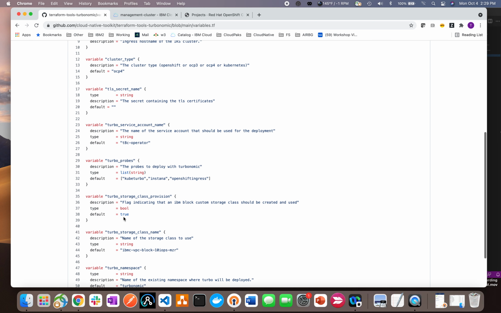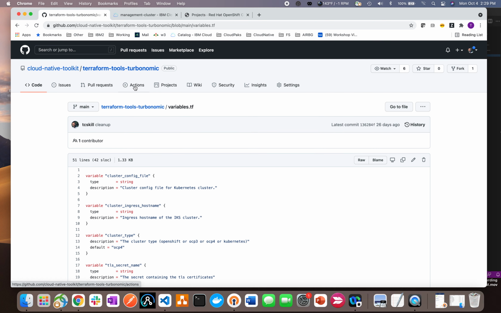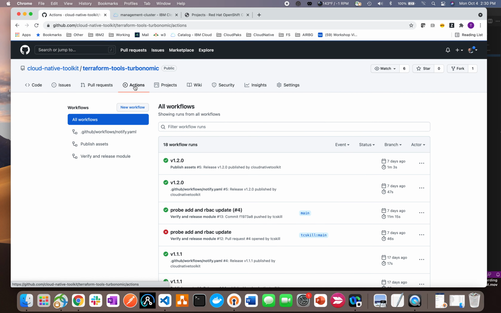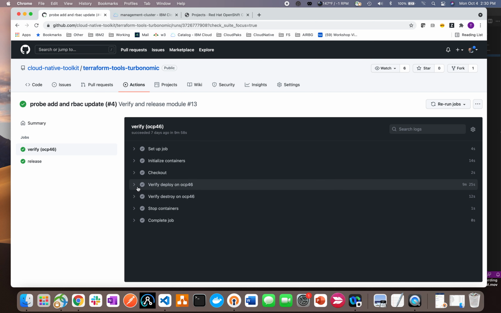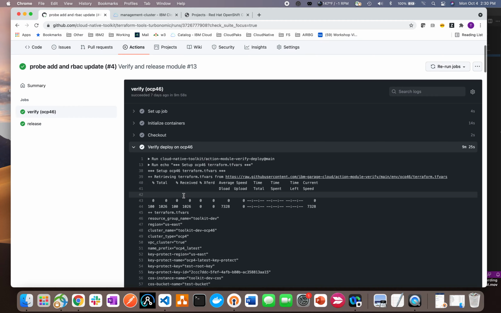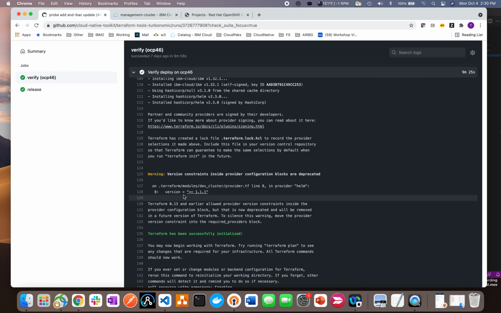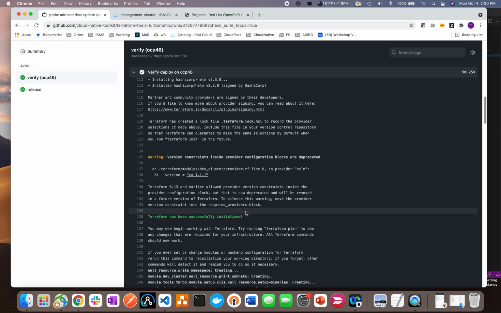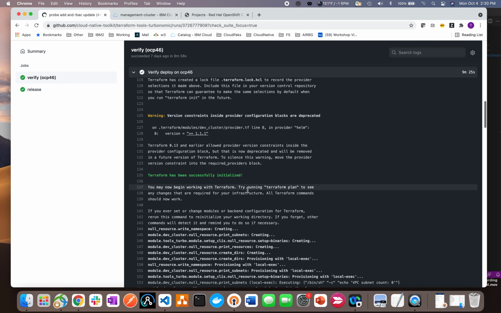You can take a look at what this looks like when it runs, if you want to look at some of the workflows in here. If I look at one of the release runs that I recently did, and I look at the deploy, you can see that it's fairly straightforward. You would do this through the command line. Once you have all your variables defined, do a Terraform init. Everything gets initialized, and then you do a Terraform apply,